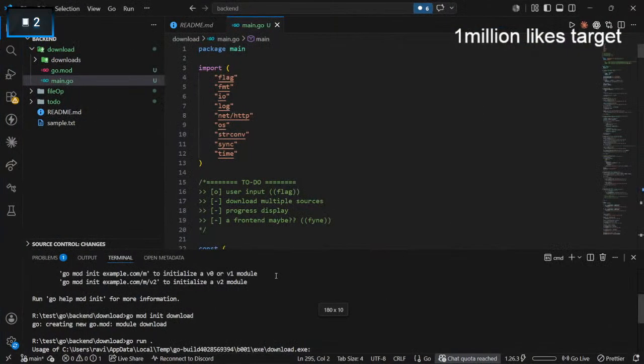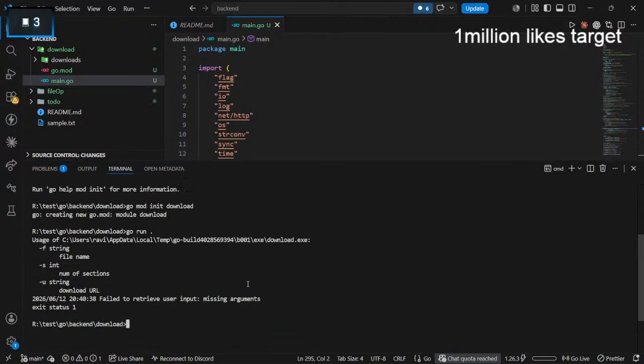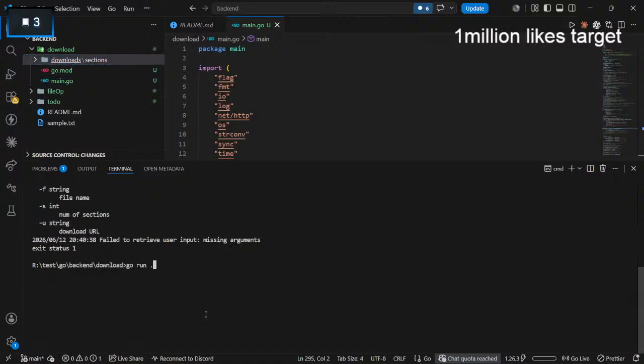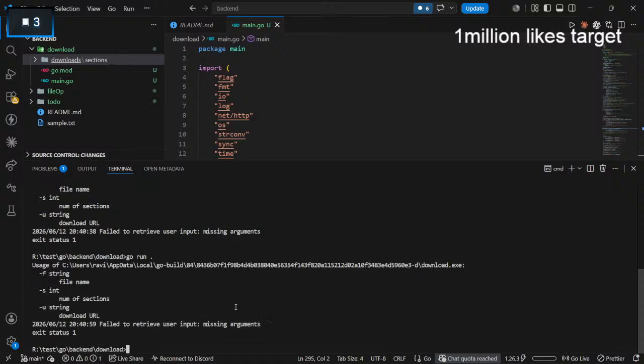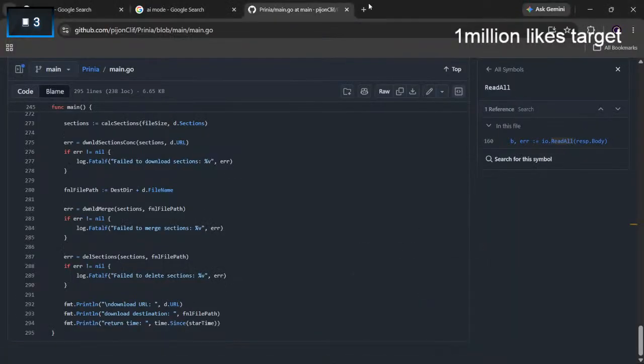Did it wait for my prompt? I don't see any prompt here. It created a download section. Okay. Do I really need to pass my file first itself, or maybe run like this? Oh, run. How do I pass the value now? Is it like this? I never did this thing. What I used to do is use buffers and